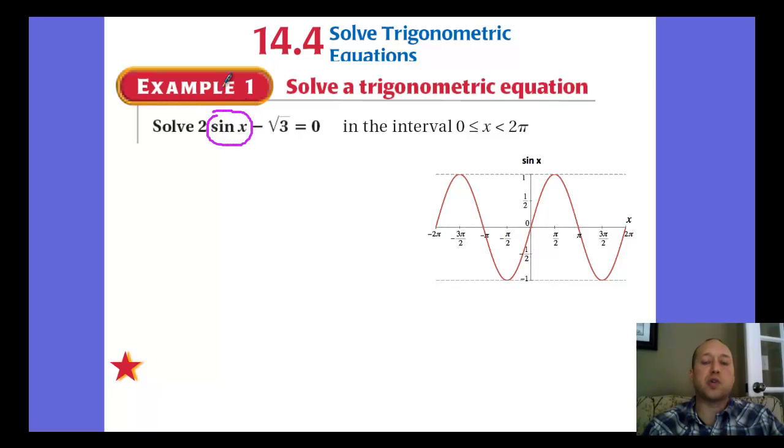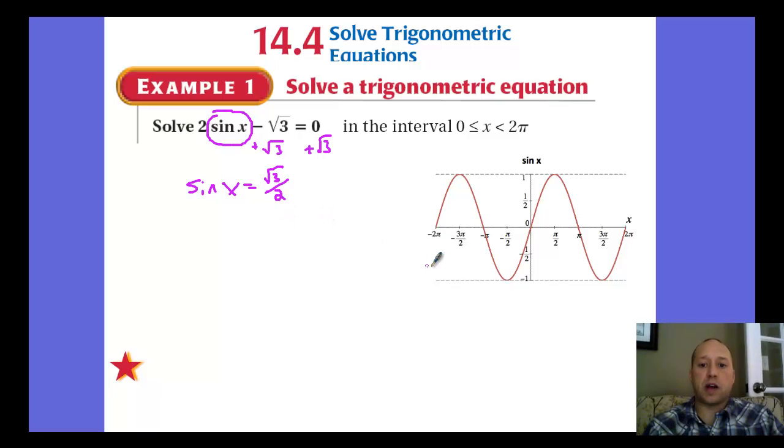So our first goal is to isolate that parent function, just so to remove the other things. So we want to first add the root 3 to both sides, and then we will end up dividing by 2. So we'll end up getting sine of x is equal to root 3 over 2 when we isolate the sine x. The next part is then similar to what we did in chapter 13, where we have to then find the angle measure for x that gives us a ratio of root 3 over 2, which goes back to